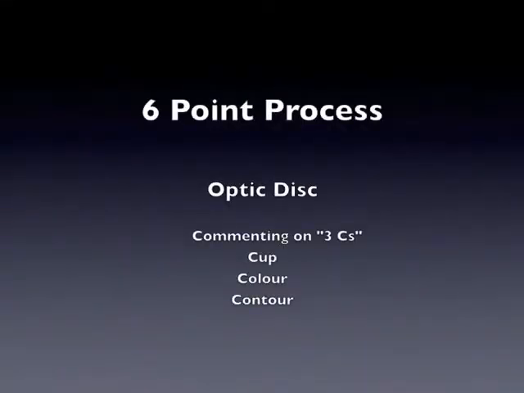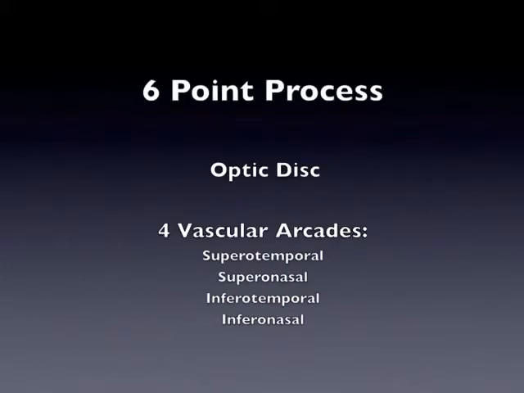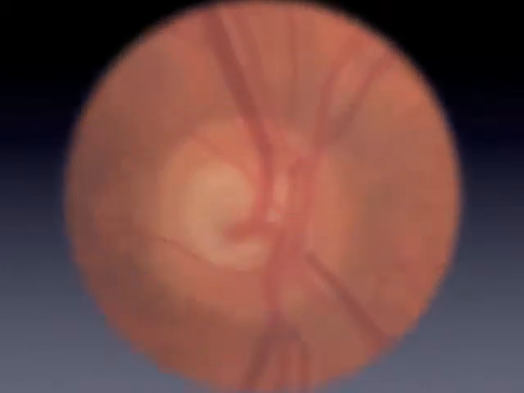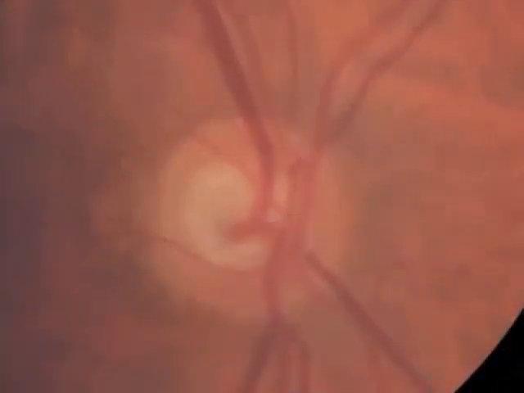A 6-point examination process should then be followed. This starts with looking at the optic disc and commenting on the cup, the colour and the contour. Then the 4 vascular arcades should be examined, i.e. supratemporal, supranasal, inferotemporal and infranasal. And finally, the macula is examined. This is done by asking the patient to look directly towards the light and is left to the end to minimize patient discomfort. So once again, the examination starts at the optic disc, before moving on to the supratemporal arcade,